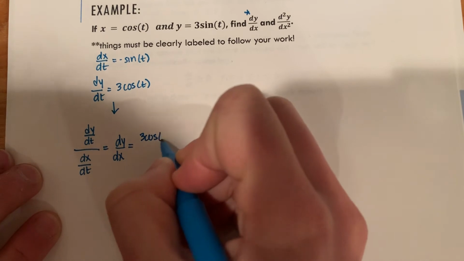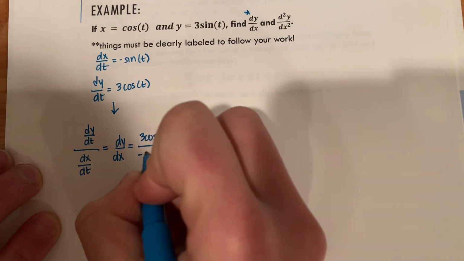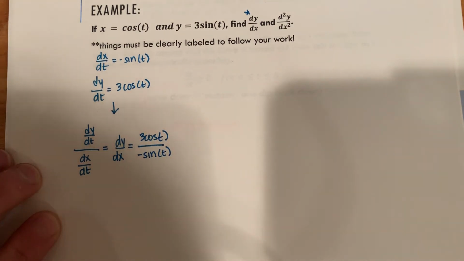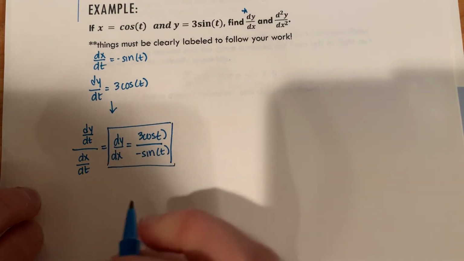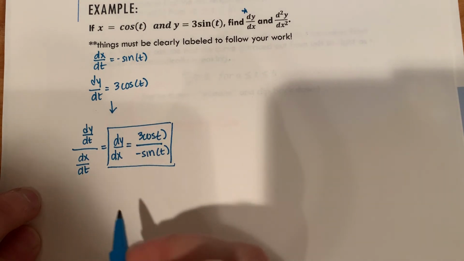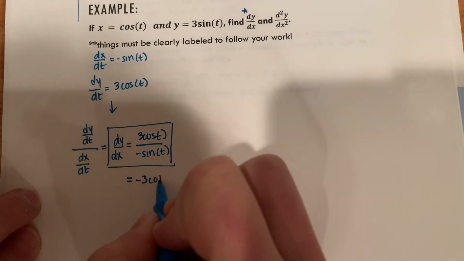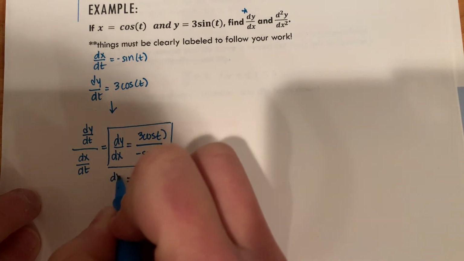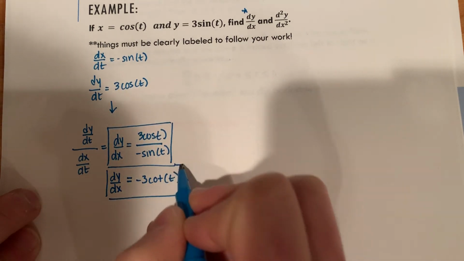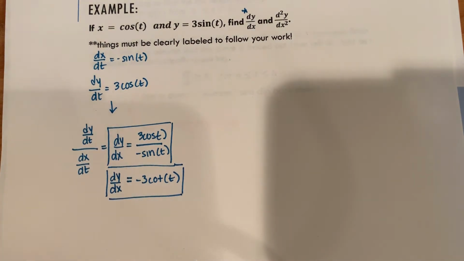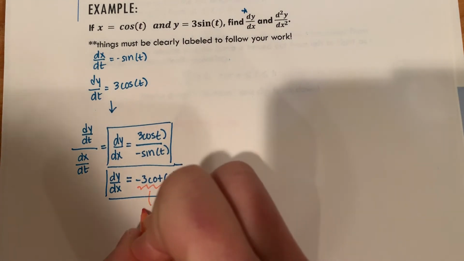3 cosine of t, because that's dy/dt, divided by negative sine of t. And you can leave your answer for the first derivative like this. You also can simplify this to negative 3 cotangent of t. That works as well. In fact, this simplified version might actually be more useful because